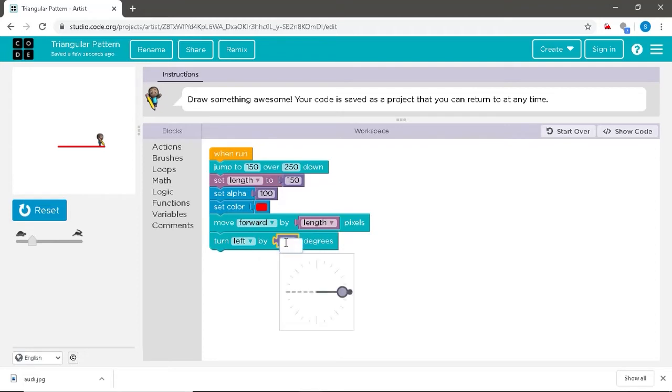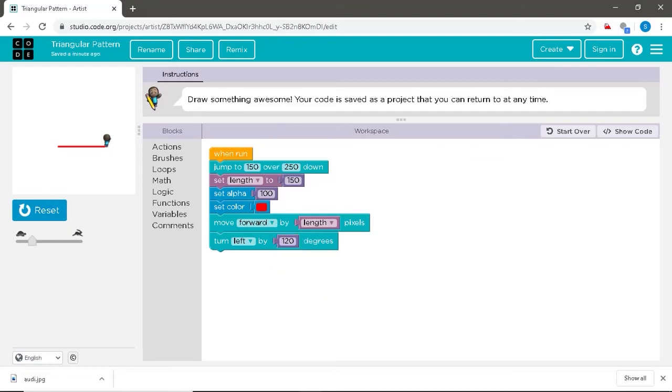So we shall turn the artist by 120 degrees. As you can see, how much ever we have turned is already being projected here through the protractor. Yes, now we have made the artist turn, as you can see in the visualizing section.